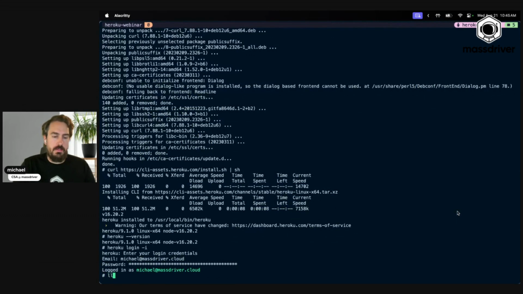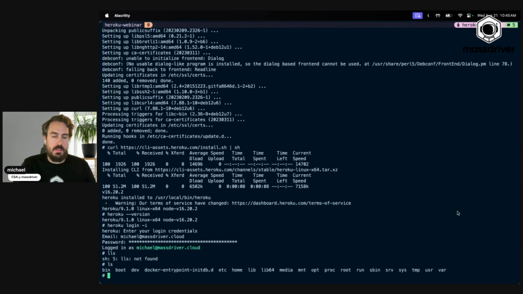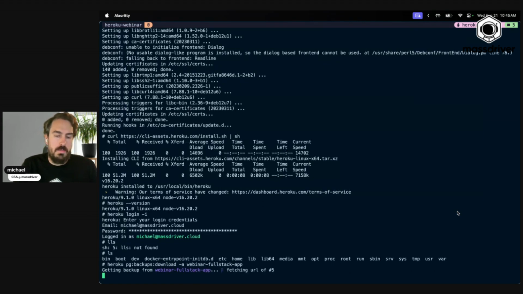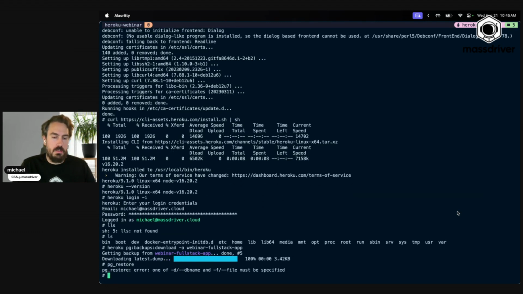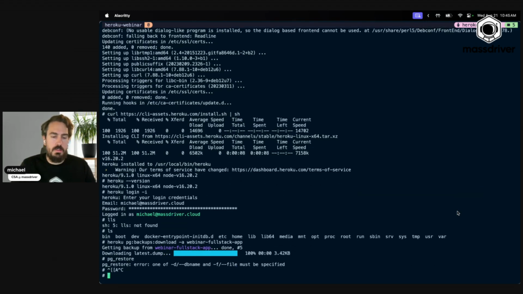So now we still have the latest.dump. No, we don't. That's right. heroku pg:backups:download -a webinar-full-stack-app. Okay, downloading the super large database, and then now pg_restore, right? Yeah, okay, pg_restore. pg_restore, verbose, no owner, database postgres,